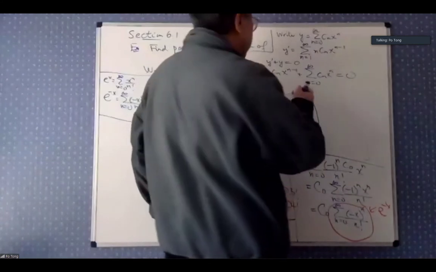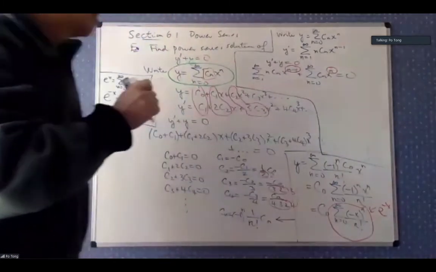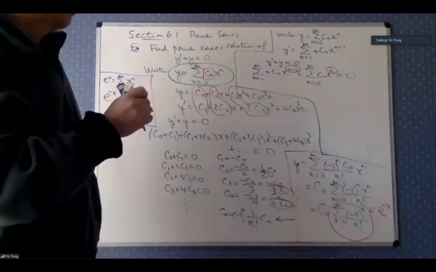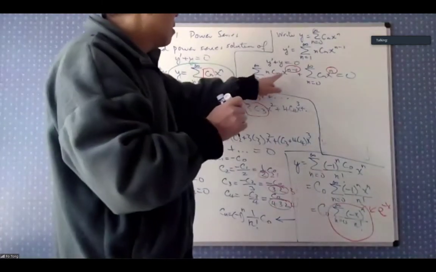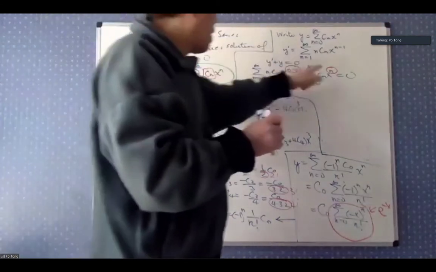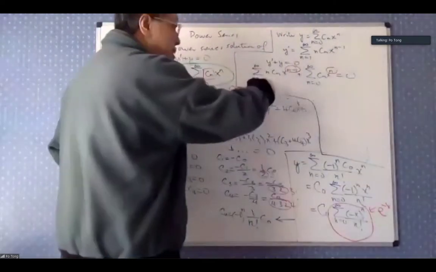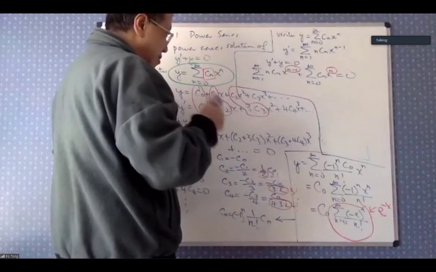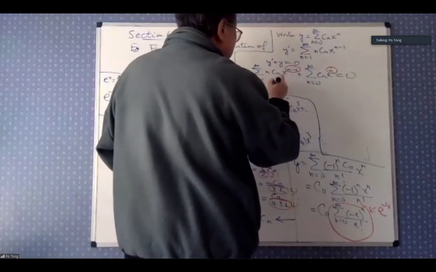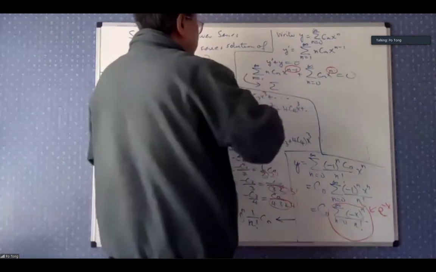Now there's a slight issue here. This is to the power n minus 1. This is to the power n. It's a little bit inconvenient to combine them. So we're going to shift the dummy variable so that I would have x to the power n for both terms. Now this one is nice. I'm not going to touch it. This guy here, this next step is kind of not very nice because I'm running out of space. So it's summation. Now here, this step from this to this, I'm going to replace